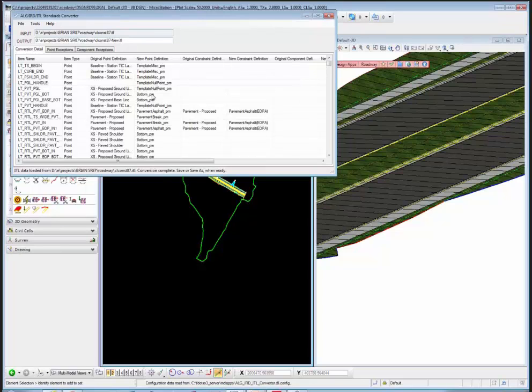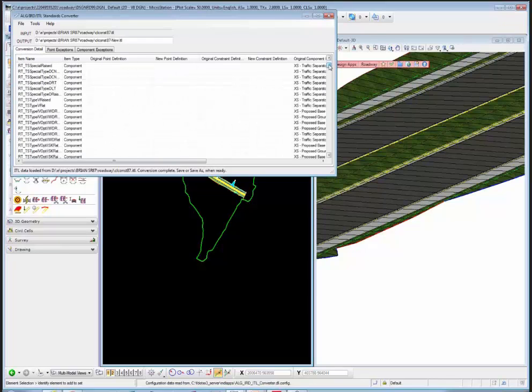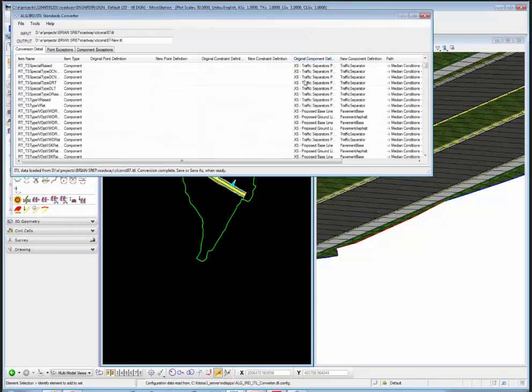So basically that just converted everything, and it utilizes an XML file that says if the point had a style definition of baseline station tick in SS2, then that's going to be a template miscellaneous. So we did a mapping of common style names in SS2 to feature definitions in SS3. And what you'll see is if you were to scroll down this list, you'll see there's point definitions and